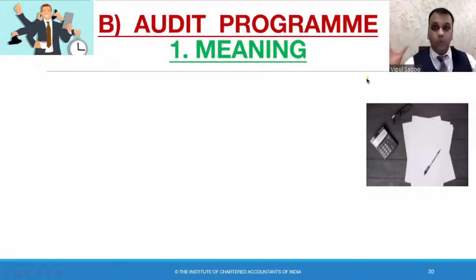Strategy had a huge scope. Planning somewhat categorized it. And the audit program bifurcated it into different steps, what needs to be done at the ground level. So it started from strategy, then planning, and then we came to more detailed writings, more detailed executory steps, which is known as the audit program. Okay, so what is an audit program?